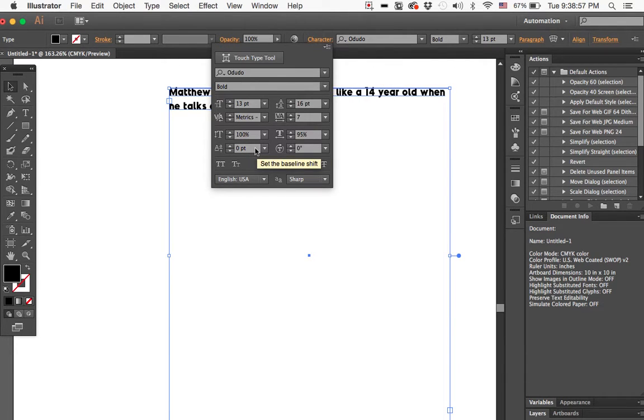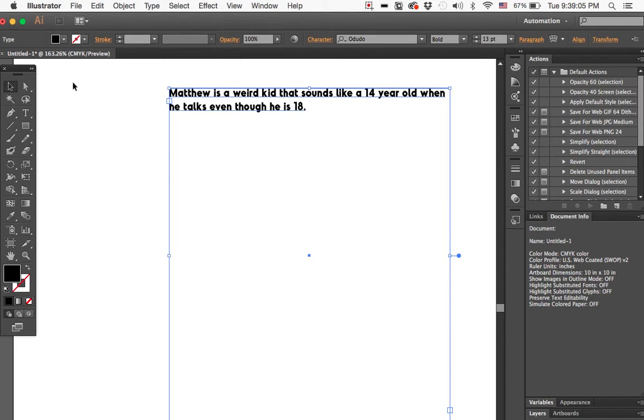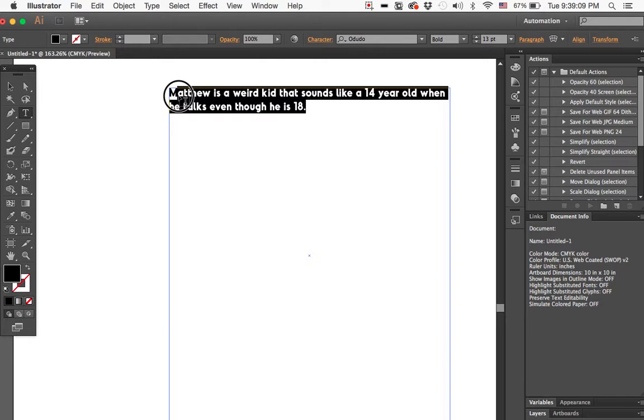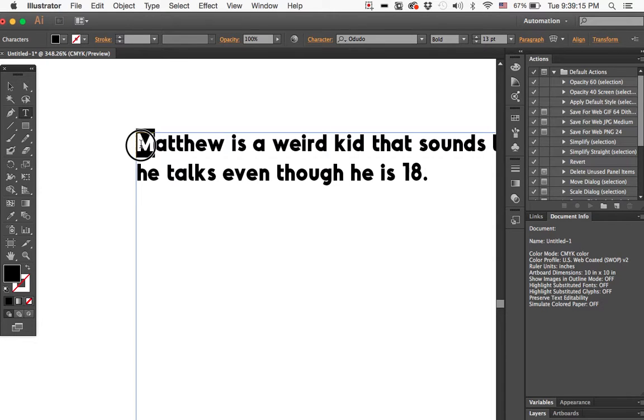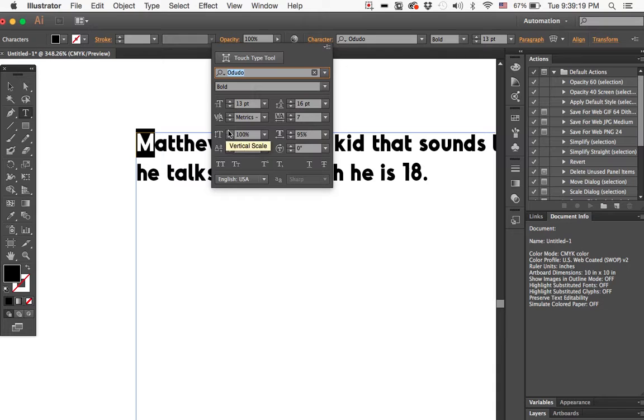Here we have the baseline shift. This will bring all the letters up or down, but what it's used for a lot is, like on a title page, where all the letters will be smaller than the first letter. So let's do this really quick. All right, let's make our M. You have to select your M. To make one letter bigger, you select it, and then you go to the font size and you